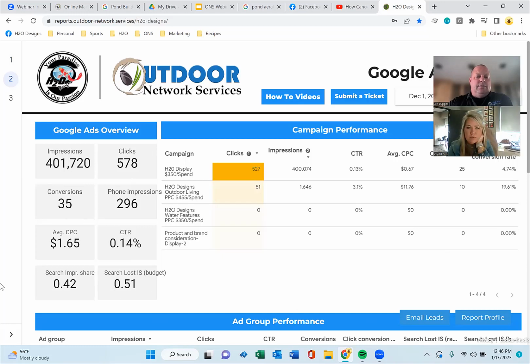To be honest with you, when I look at this report on a monthly basis, this is all I look at. I look at total impressions, and I know I got 578 people that clicked through to my website and phone numbers. As long as those numbers are good, I don't look at anything else. But is that all I need to look at when you're looking at reporting? And number two, does everybody do this type of reporting? This is pretty detailed for us. Have you seen this from other vendors?